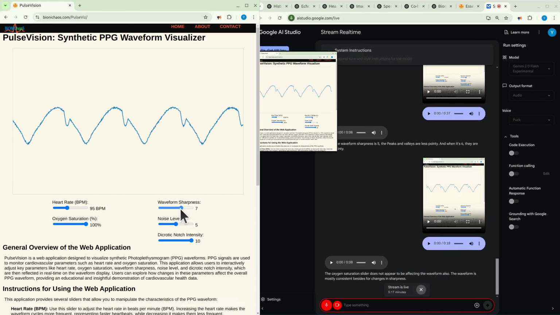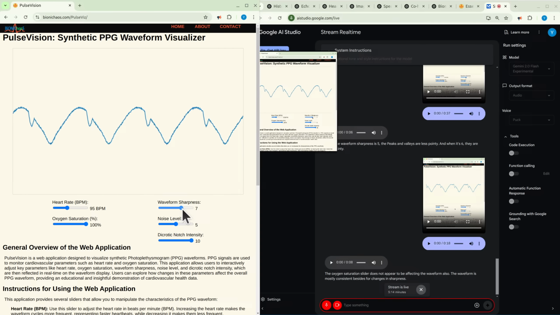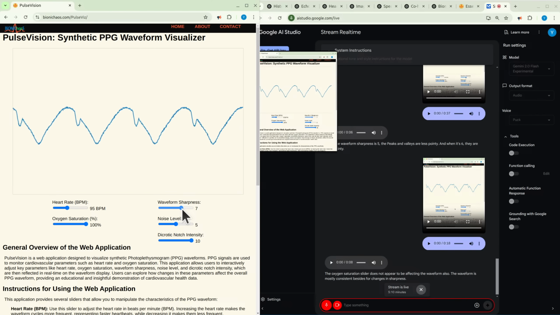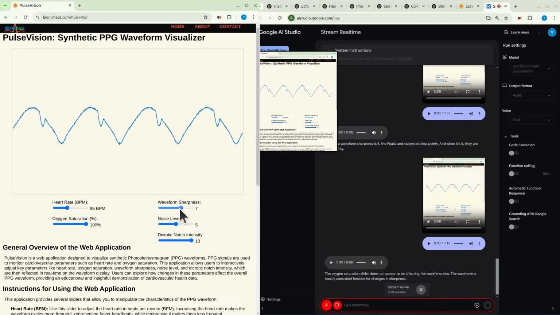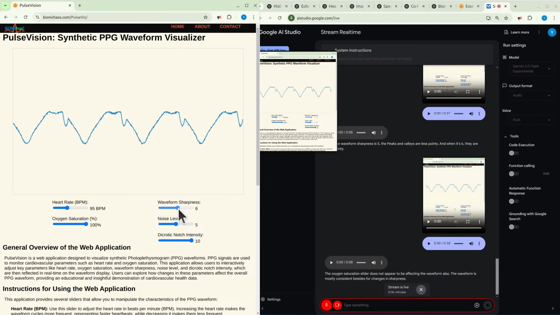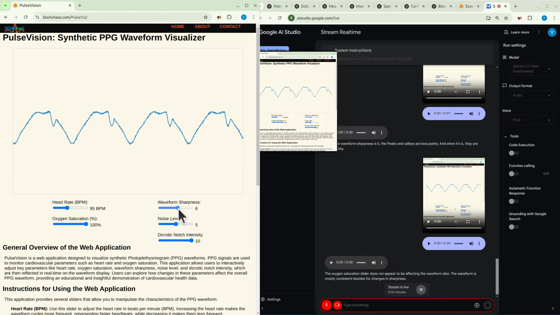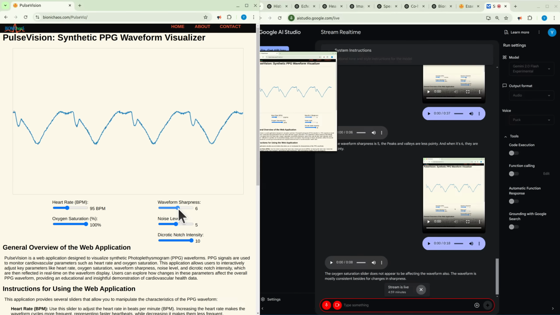Can you look at the top, the peaks of the waveform? As I change the waveform sharpness from 7 to 6, what is happening to the peak of the waveform?